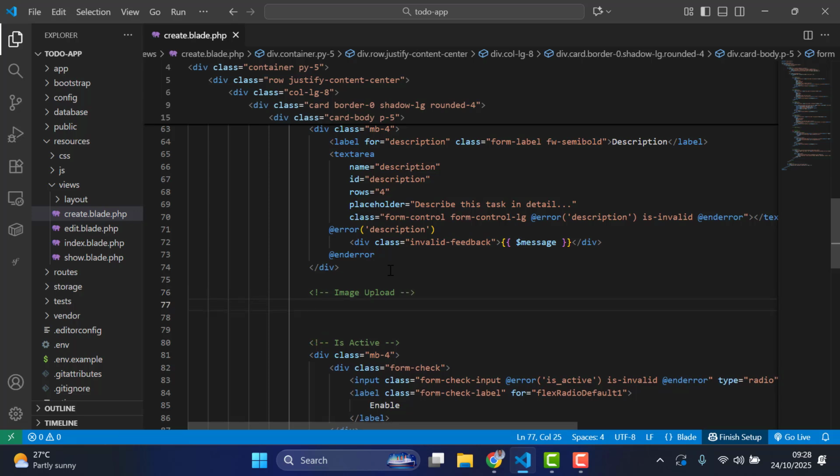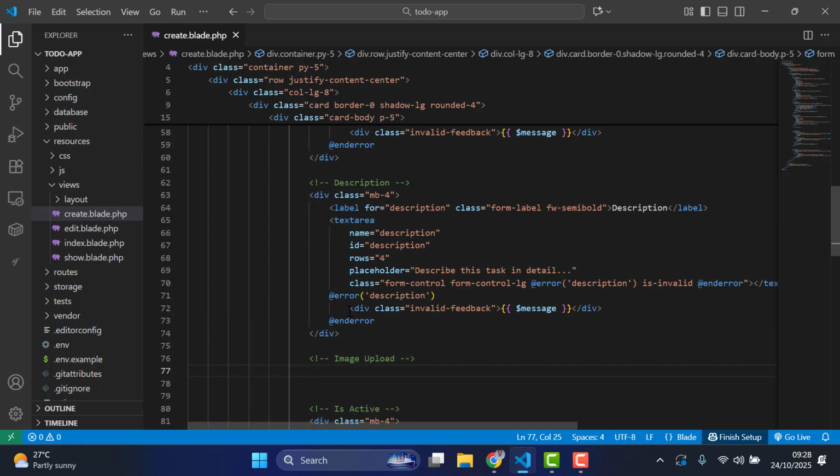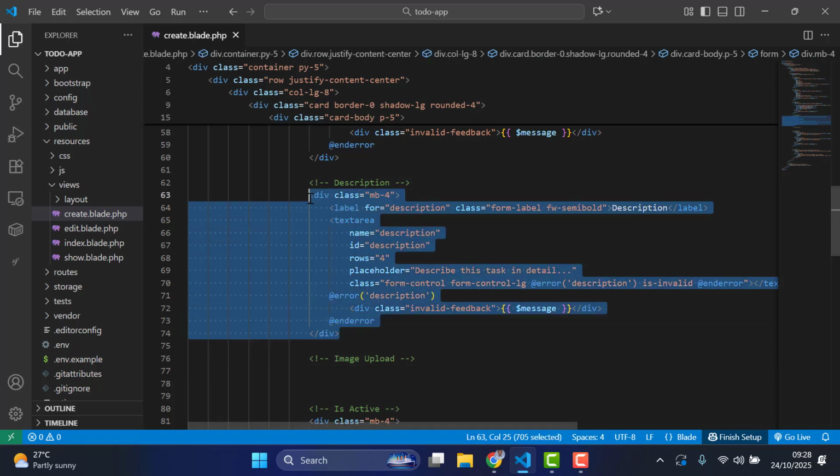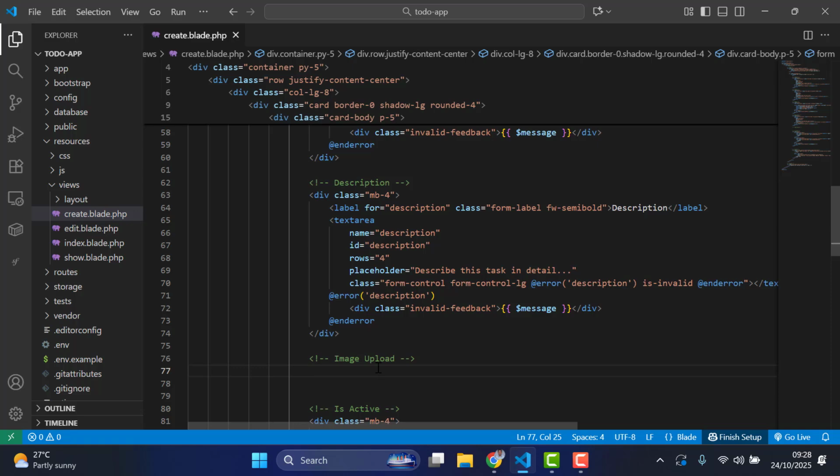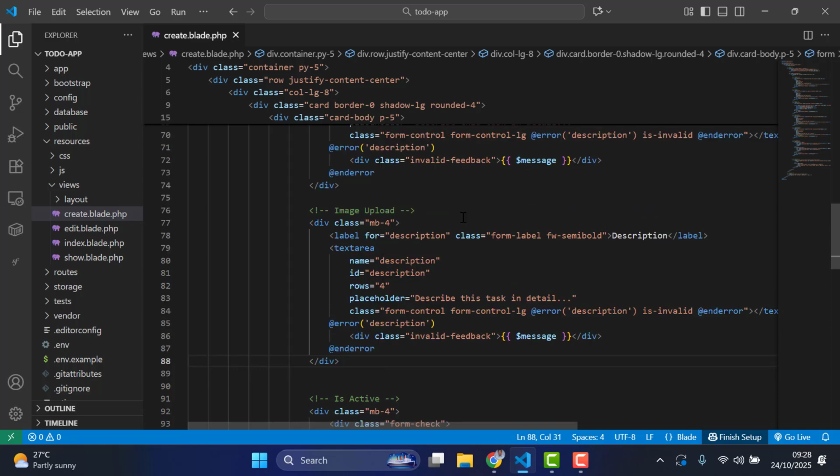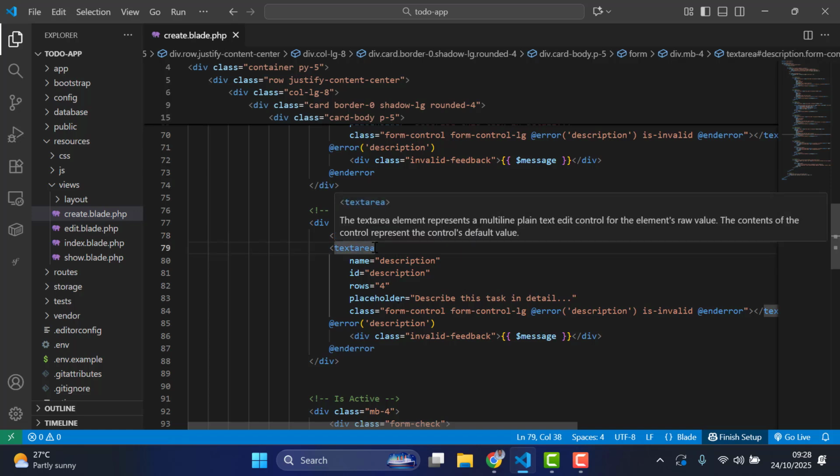Let's take this one first, paste it here, and change it to upload image, so instead of a text area,